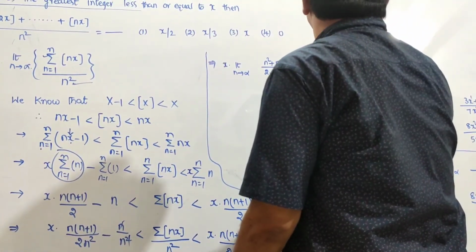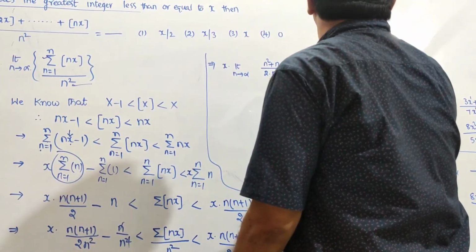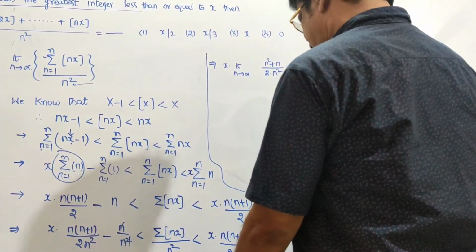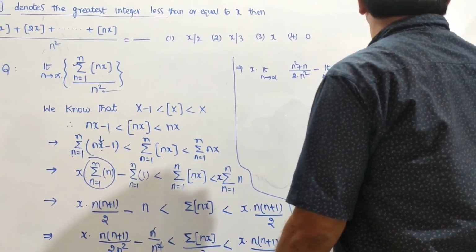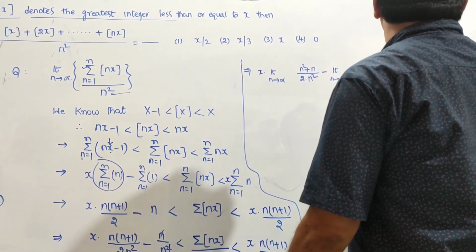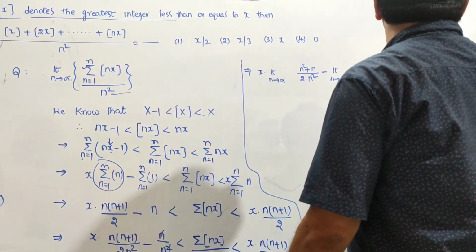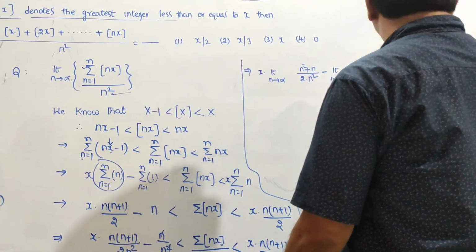Limit n tends to infinity 1 by n less than limit n tends to infinity sigma box of nx whole divided by n square